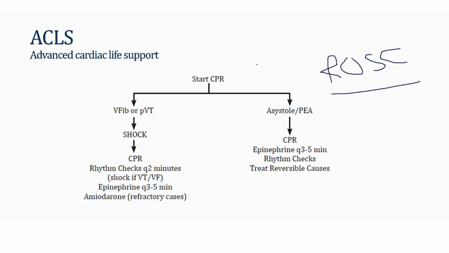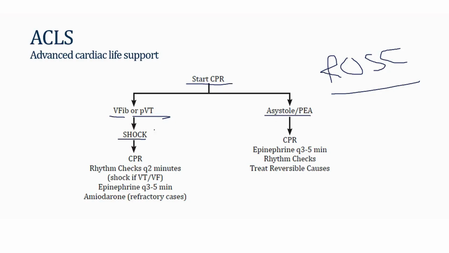You want to call for help, you want to place the patient on a monitor, and you want to begin CPR. The next steps after this depend on the underlying rhythm. If the underlying rhythm is ventricular fibrillation or pulseless ventricular tachycardia, then the next step is to shock. On the other hand, if the underlying rhythm is asystole or PEA, a shock is not advised because these are